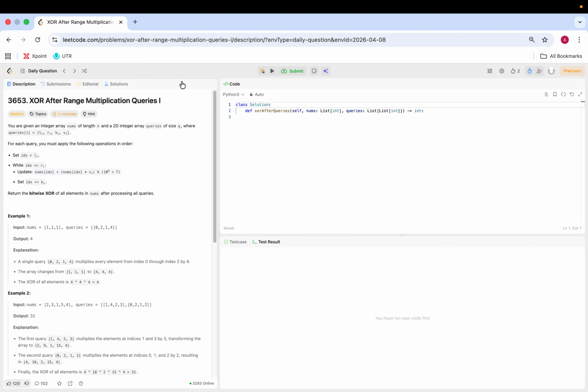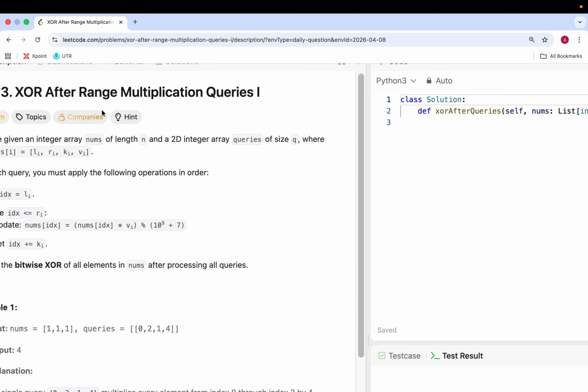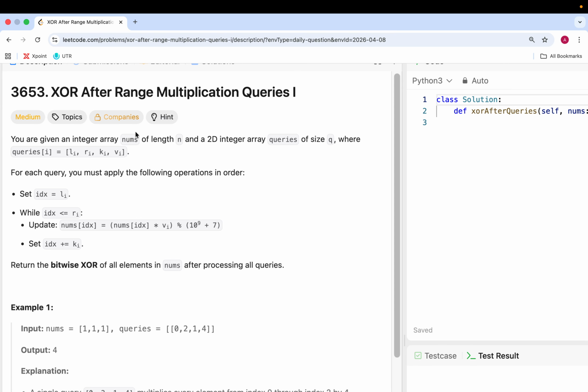XOR after range multiplication queries. Please don't be a segment tree. You are given an integer array, nums, of length n, and a 2D integer array, queries, of size q, where queries[i] is left, right, k, and v. For each query, you must apply the following operations in order. Set idx equal to L, left. While idx is less than or equal to R, right, update nums at idx equals nums at idx times the value